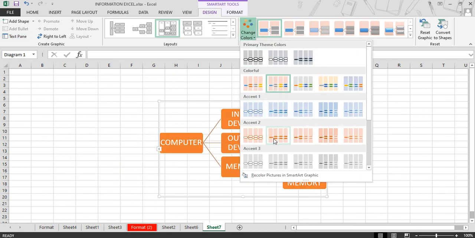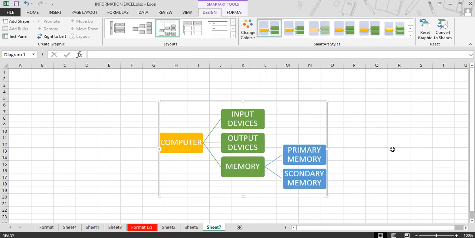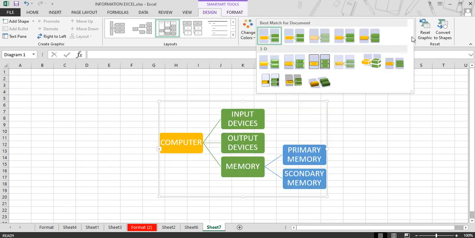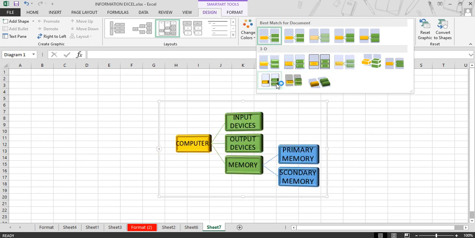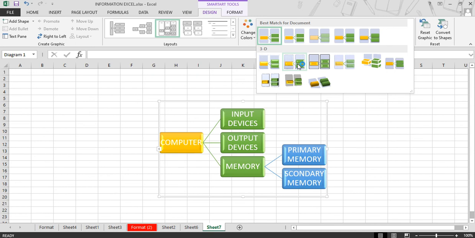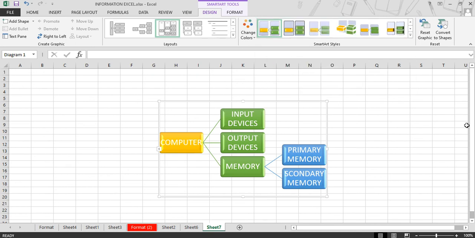If you want to change to another color option, you can also apply it. Next, you can use some smart art styles to apply some 3D effect to your smart art. So in this way you can use some shapes. Last one is reset, to reset back to the graphics or reset back to the shapes.